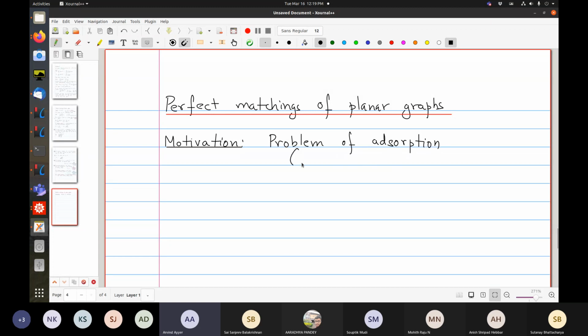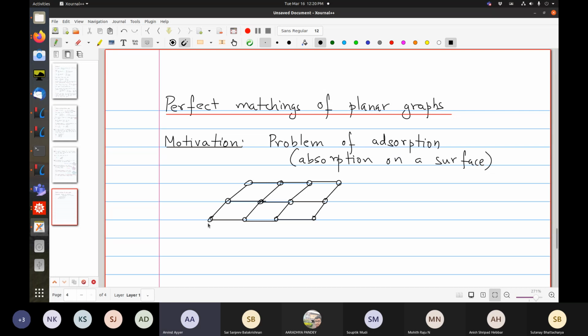My drawing skills are, as you already know, not very good, but let me attempt something. So this is supposed to be the surface of a solid, and of course there is